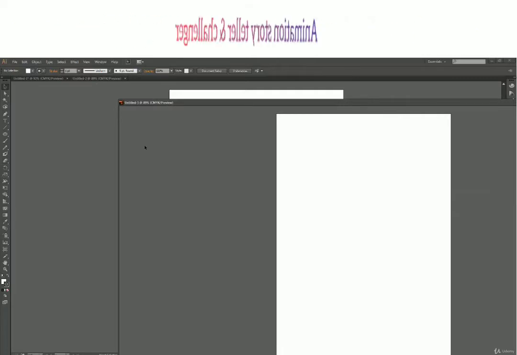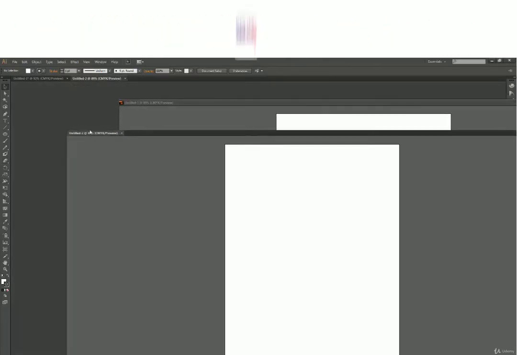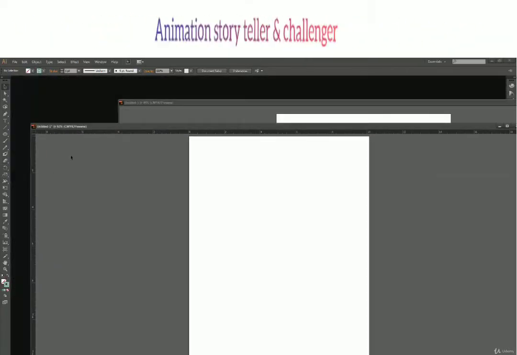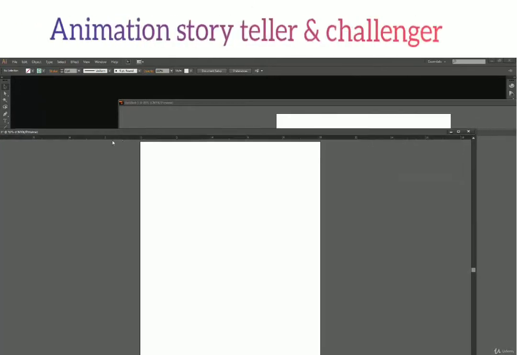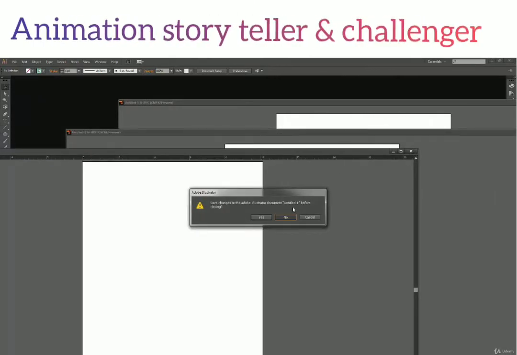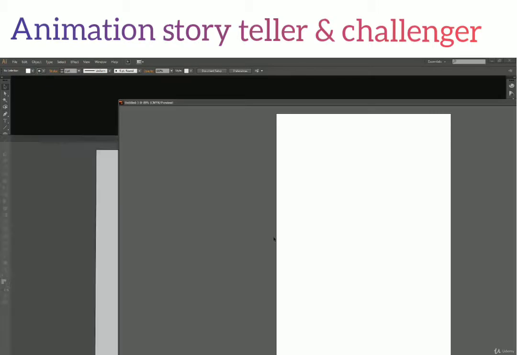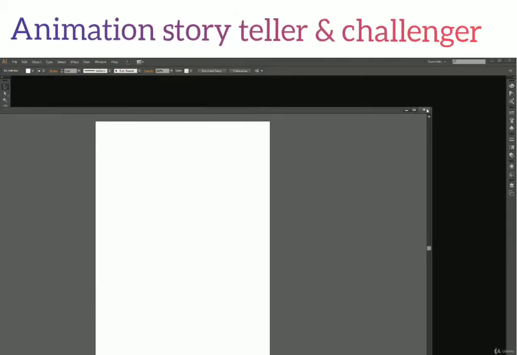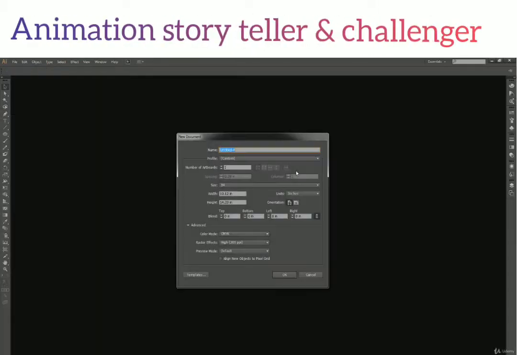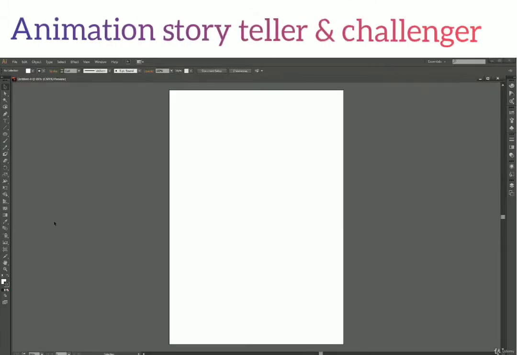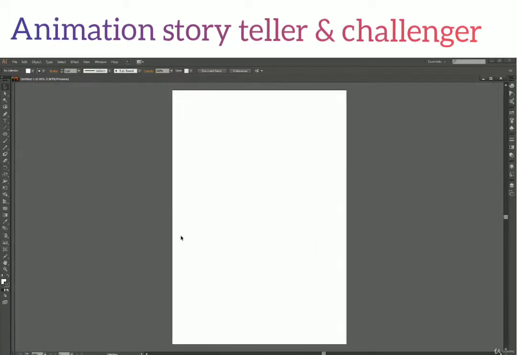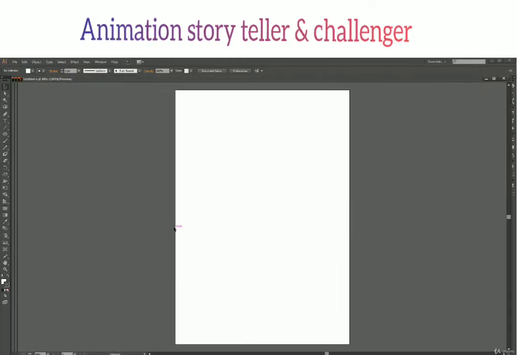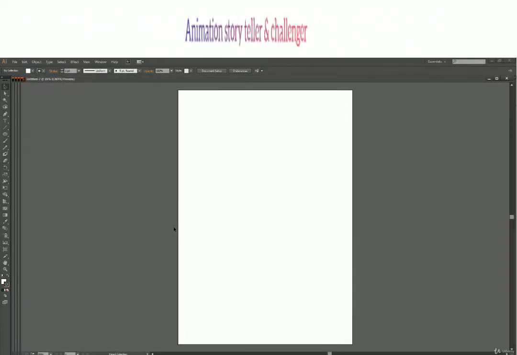Now we actually can drag these tabs and we can create window out of it. Now let me close all these files and here also close this file and create a new file. So every time I create a new file, it opens as a new window instead of a new tab.